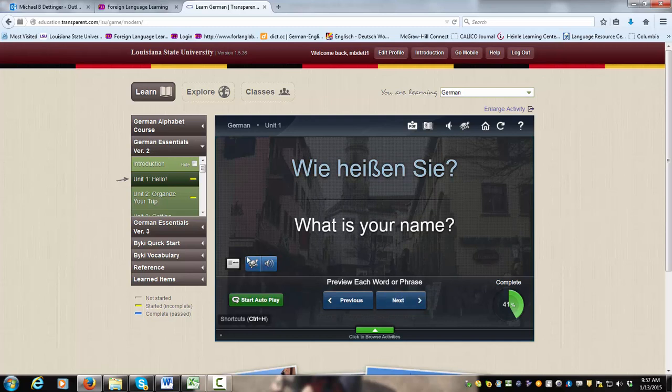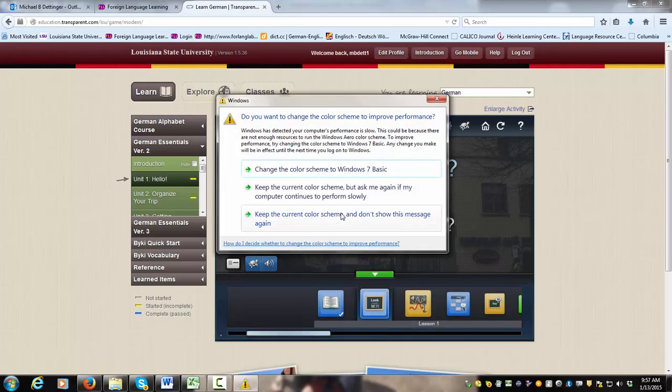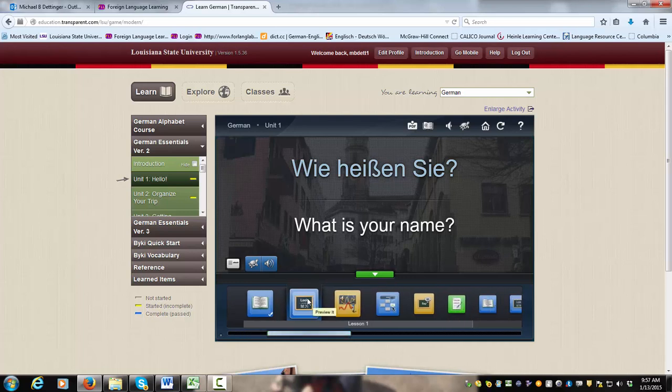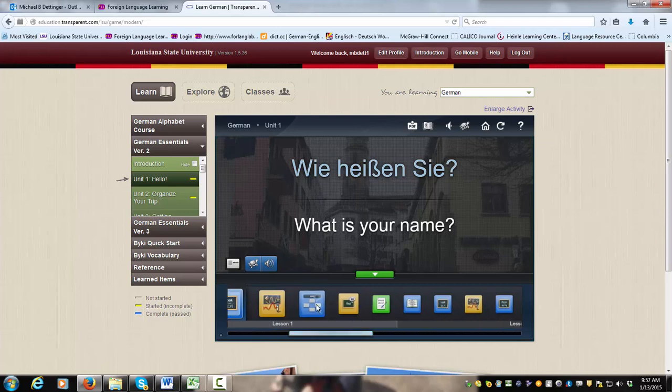Okay, I can slow down by clicking on the turtle here. Okay, and I can also click here to play the sound again to repeat. And over here it shows you how much you have completed of this particular activity. And if you want to jump ahead to a different activity, you simply click on this. Okay, and it shows you the different lessons. Preview, pronunciation practice, Foursquare, which is a memorization,